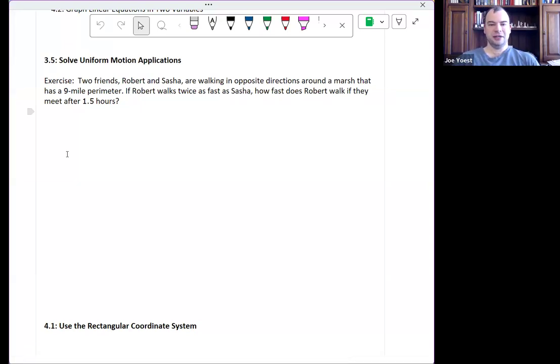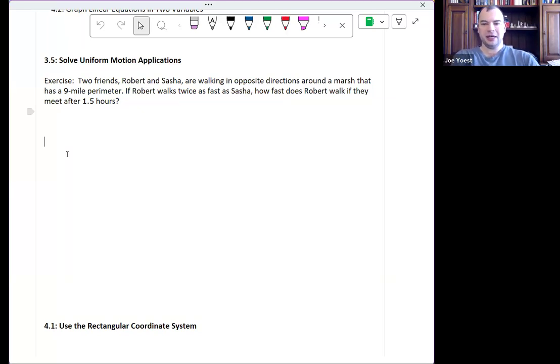Again, this will be similar to the end of last time, where we take a good chunk of time. At this point, we should be pretty comfortable with these uniform motion applications, these distance equals rate times time applications. So maybe take about 8 minutes or so. Read through this on your own, draw a schematic, get an idea of what's going on. Try to work through the problem start to finish on your own without referring to notes, as if it was a test, just to get a feel for how well you have mastered this material